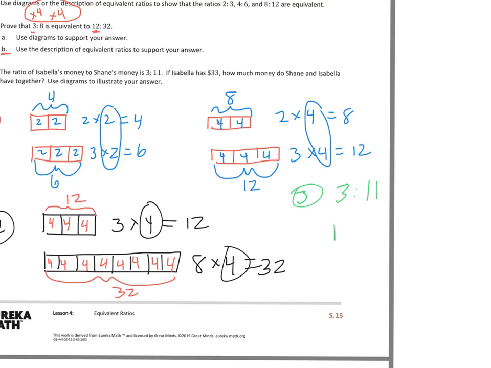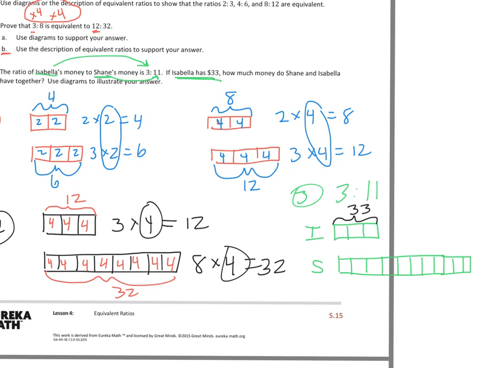So I'm going to draw out 3. And I'm also going to draw out 11. 3, 4, 5, 6, 7, 8, 9, 10, 11. Okay, hopefully I have 11 in there. Now, this one is Isabella, because I know in my statement it says Isabella's money to Shane's money, meaning Isabella is first. Shane came second because order matters in the ratio. And it says Isabella has $33. So I know these 3 units